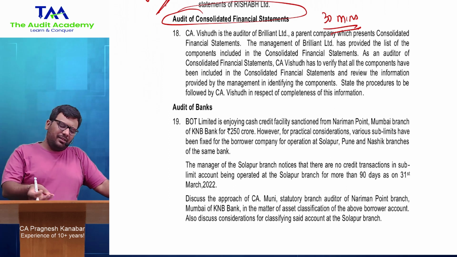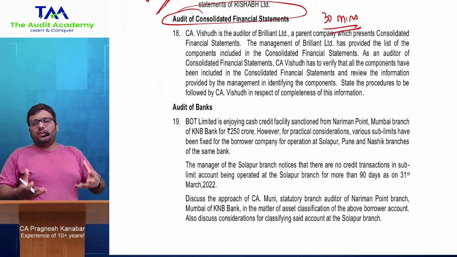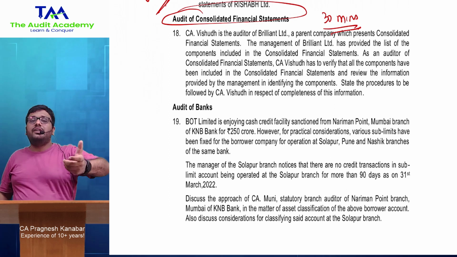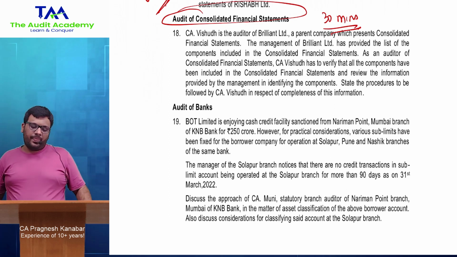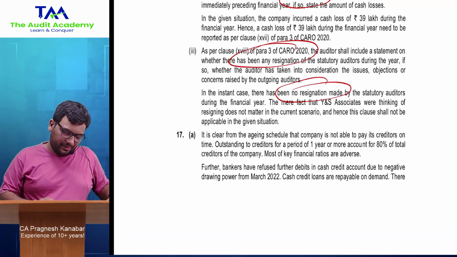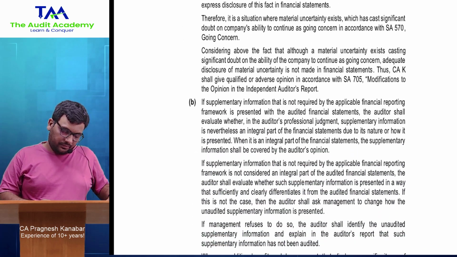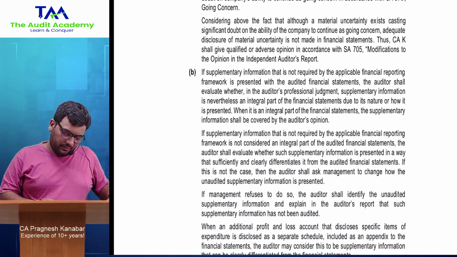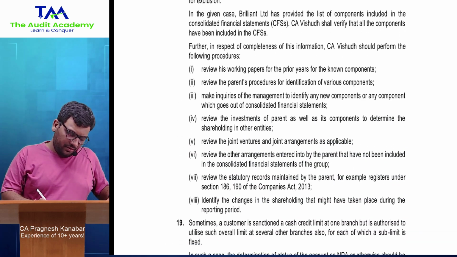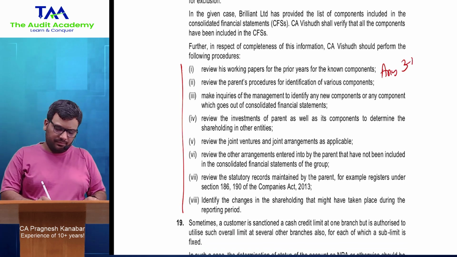ऑलराइट, अब इसके अंदर तो बहुत ही सिंपल डिस्कशन है दैट ऑडिटर इज वरीड कि जितने भी कंपोनेंट्स है जो पार्ट होने चाहिए कंसोलिडेटेड फाइनेंशियल स्टेटमेंट्स के, द सब्सिडरीज एंड स्टफ, तो वेदर वो आइडेंटिफाई तो हुआ है ना, कहीं ओमिट तो नहीं हो गए. ऑलराइट, सो फॉर दैट व्हाट आर द प्रोसीजर्स टू बी परफॉर्म्ड. कुछ डॉक्यूमेंट्स देखने हैं जिसका लिस्ट यहाँ पे दिया हुआ है. अब इसमें से कोई भी एनी 3 to 4 आप याद रख लो, देन ऑल्सो इट इज फाइन, कोई ज़्यादा प्रॉब्लम नहीं है. ऑलराइट, इट्स ओके.